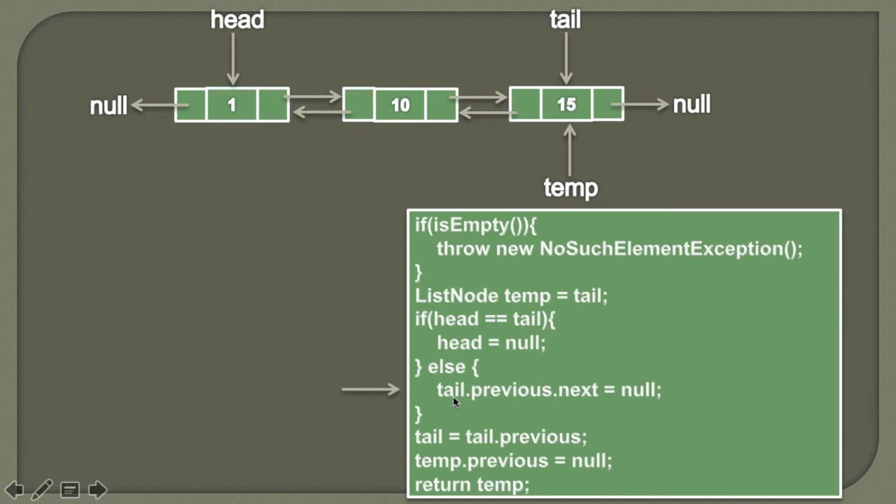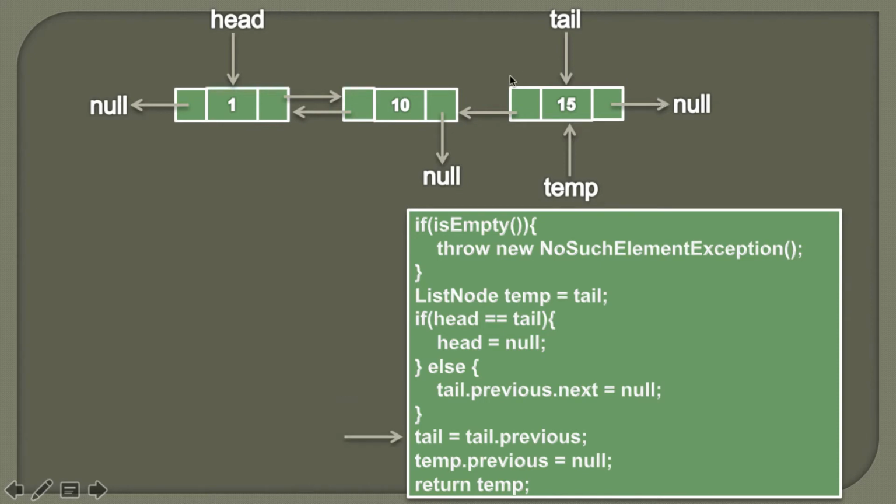So in this line we are assigning a null value to tail.previous.next. It would look something like this. This link will be removed and it will then point to the null value. Moving ahead.